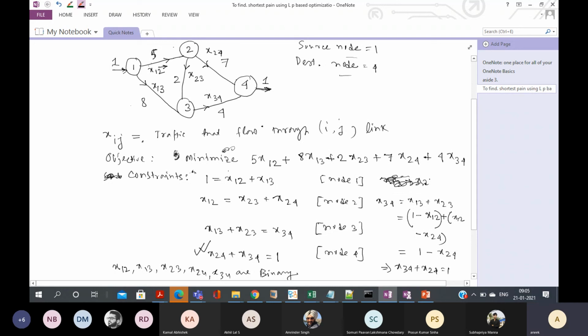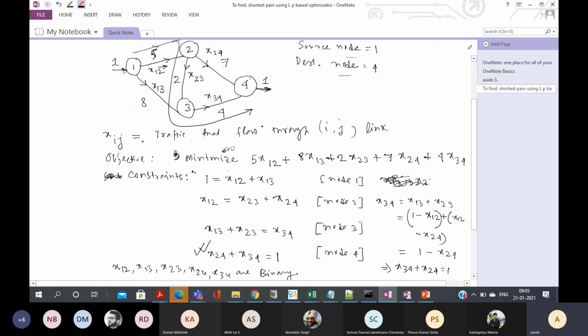So the path is, you can see, this path. And the rest of the variables are 0, so x13 is 0, x24 is 0.